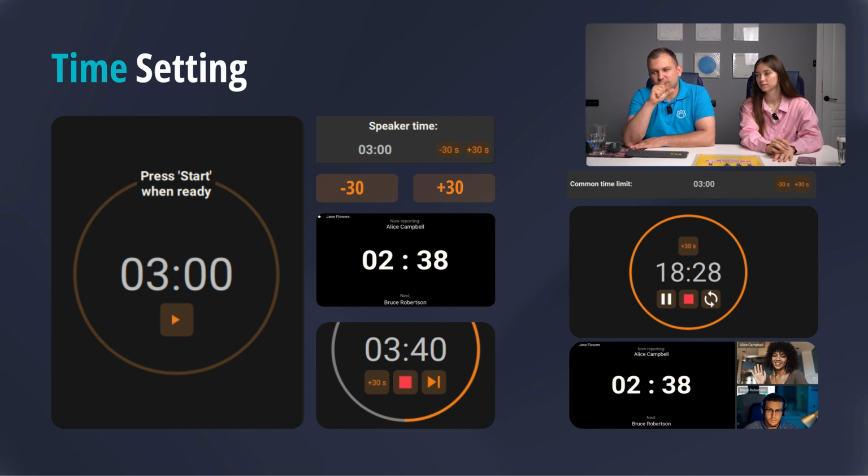So basically there will be two accounts of yours in the same conference. The user of yours will be duplicated, but the second video from your account will be displayed not as your camera, but as this widget with the information about the time slot available for every speaker. That could be used to bring control and order to the important meetings where you have many speakers, but the time frame is limited, and you can show people how much time is left and who is next, because speakers are always